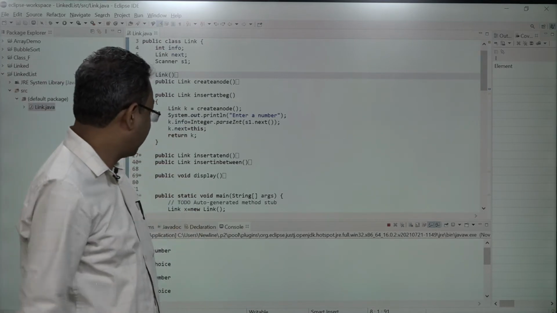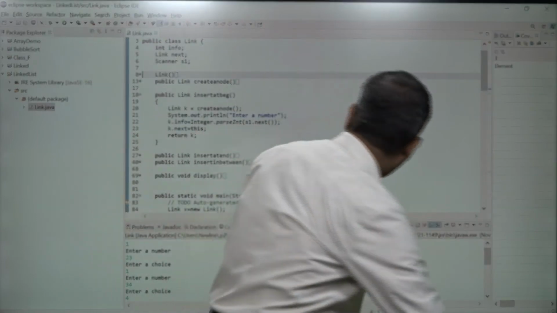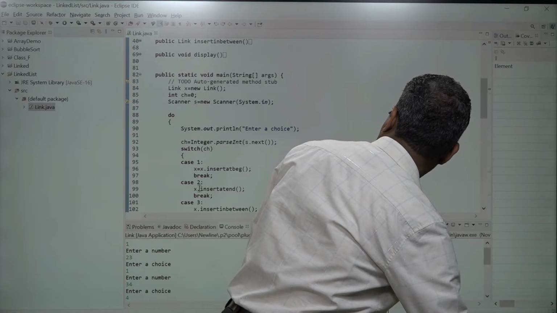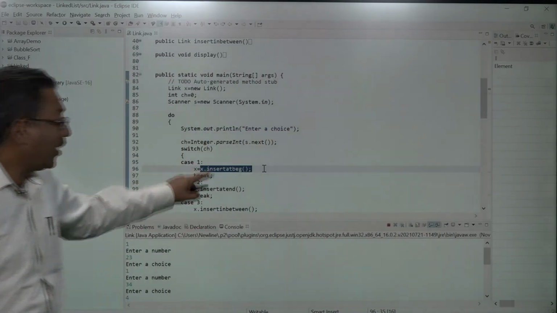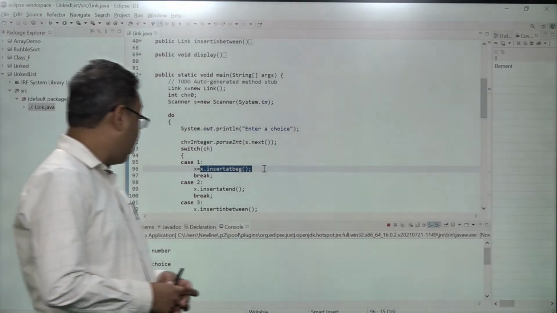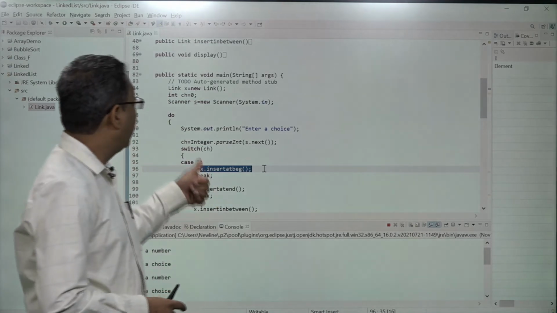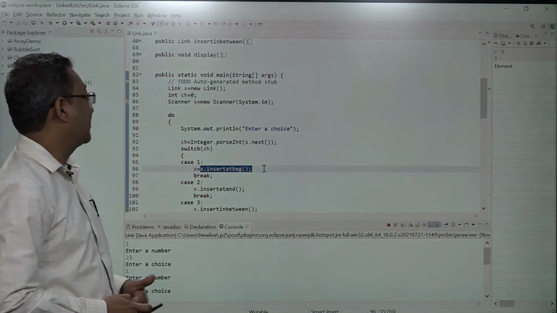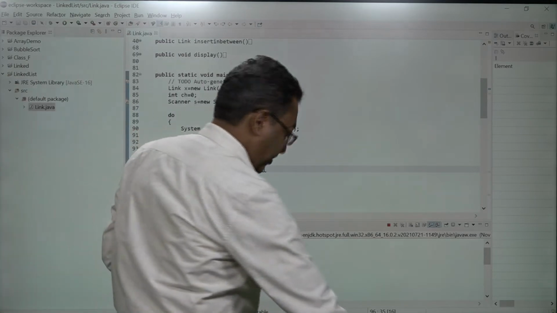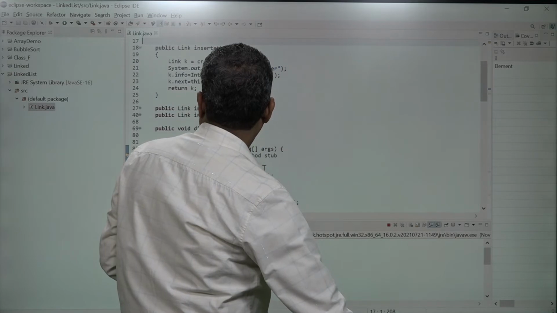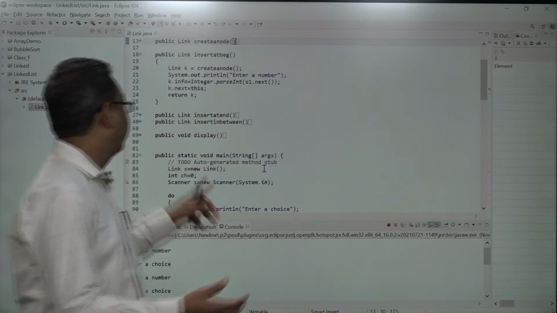What does this mean here? Okay, whenever you are calling this, what is happening? What is X? X is the invoking node, invoking object, right? So this will be available to the insert at bag using this itself, right? That's what we have done here. That's what we have made use of here.